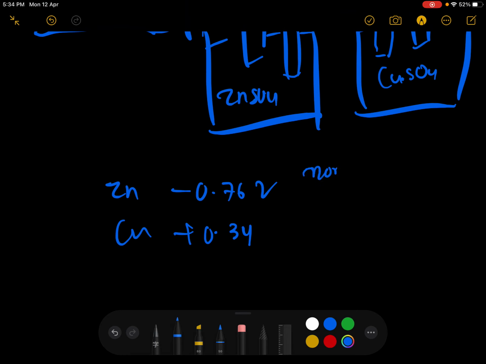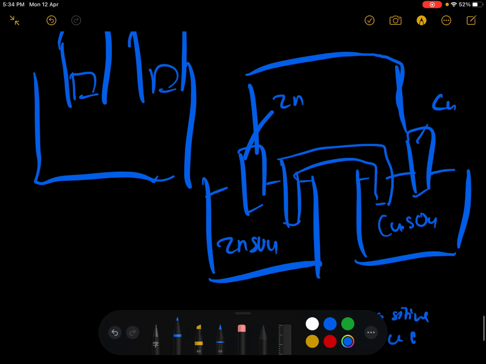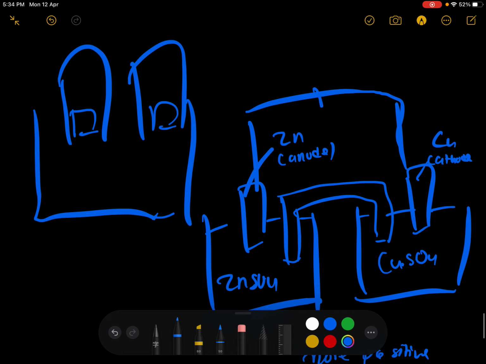So remember, the more positive is reduced, and negative is oxidized. So since zinc is more negative, zinc undergoes oxidation. Since zinc undergoes oxidation, zinc is the anode. Since copper undergoes reduction, then here is the cathode. So yeah, you need to be careful